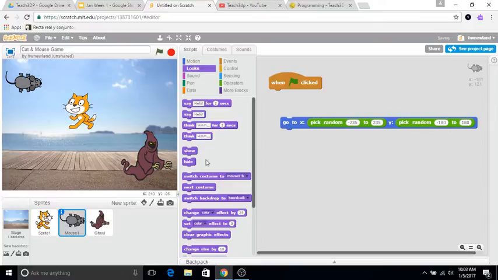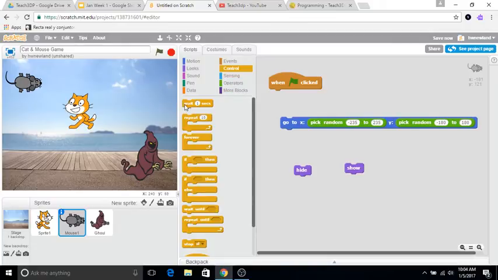and then hides again, because we don't want the characters up there the whole time, because then you'll just be accumulating points to no end, and we want to make it more difficult. So let's grab a hide block and a show block from looks, and then we're going to go to control and grab 2 wait blocks,